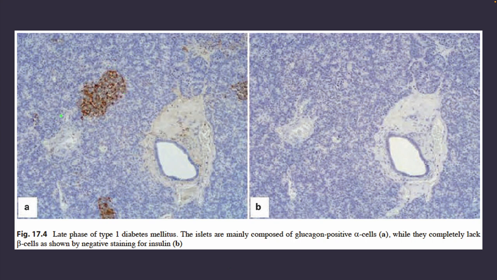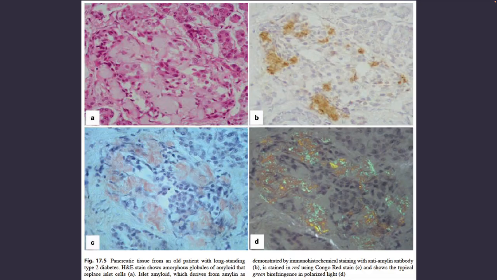Parang hina-highlight lang niya na nandito yung islet cells mo. And in type 1 DM, wala na siya. Dito sa part na to. Okay, so this one is type 2 DM. So, remember in type 2 DM, you may see amyloid accumulation. So, ganito makikita mo sa islet cells. You will see amyloid over here. And then, when you use your Congo red stain to visualize your amyloid, you will be able to see your